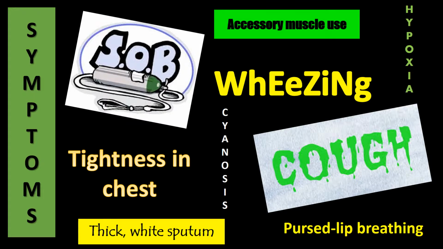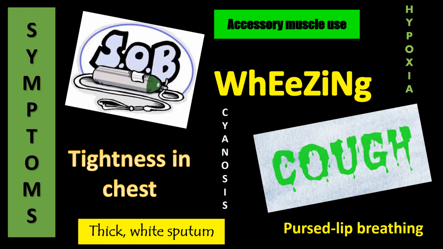Here are the common symptoms during an asthma attack. The shortness of breath and tightness in the chest are due to the overall airway obstruction from bronchoconstriction, inflammation, and airway edema. The wheezing sound is due to the air passing through the narrowed and inflamed bronchiole. The thick white sputum is produced during the IgE allergen response and the release of the histamines. And then that will create a cough because that's the body's natural way of trying to expel the excess secretions